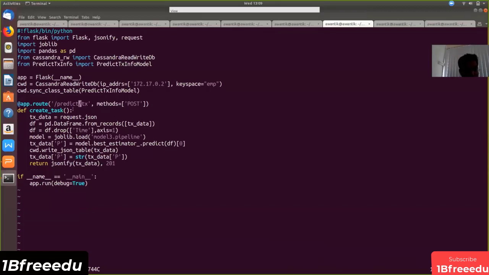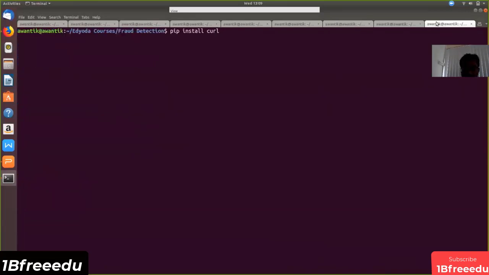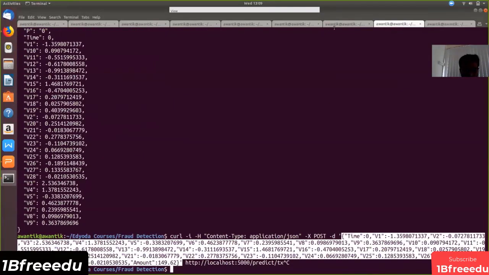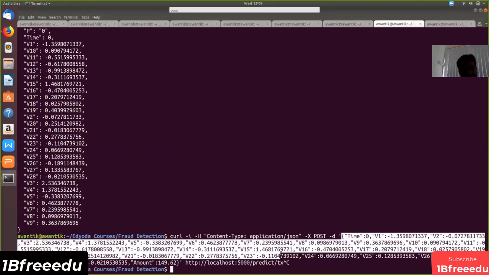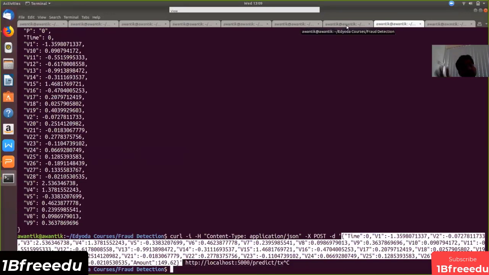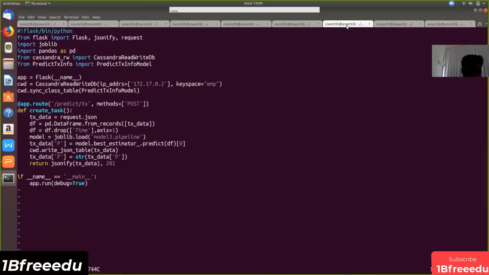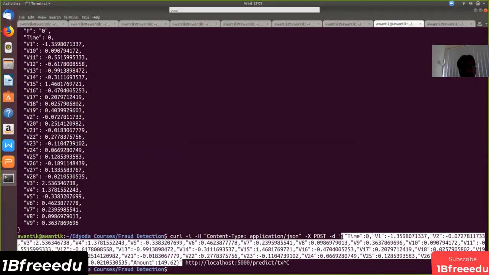Here we will try to test this using our curl. This is the utility to test it. I'll have this message pasted in the wiki section. So we can test it with curl, content type, and you are sending the URL. It is equivalent to sending a message through a form. You'll write a similar, equivalent version of that. So what is happening over here? You're getting the messages inside request.json, whatever message you are sending from here, the entire content. This is, as you can see, one row of the data from here to here.